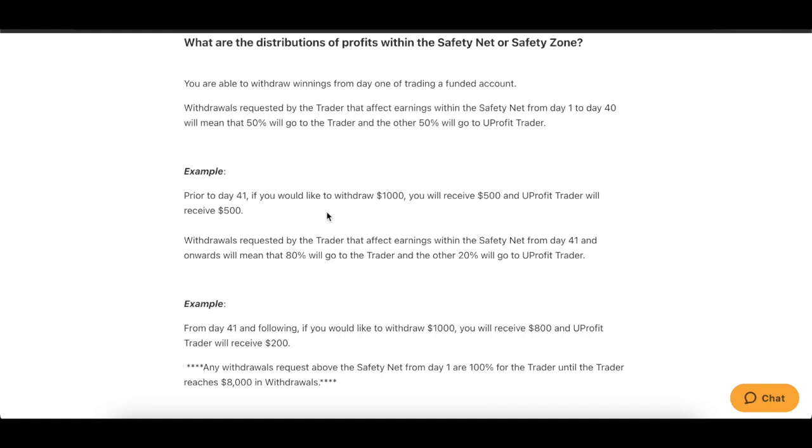Just for comparison, like OneUp, for example, there's a minimum. You have to build up a buffer, essentially, and it depends on your account size and all that. For example, the 100K, I think it's $5,000. So you have to have a $5,000 buffer before you're even able to withdraw. So this one is definitely more attractive in that sense. The money's there if you want it, immediately. LeeLoo, you have to trade 30 days before you're even eligible for a withdrawal, and then you have to wait for the next withdrawal period. And remember, they only do withdrawals once a month. So just 2 examples.